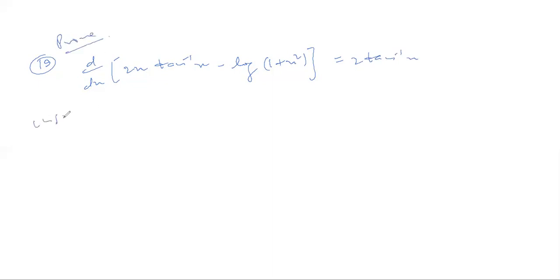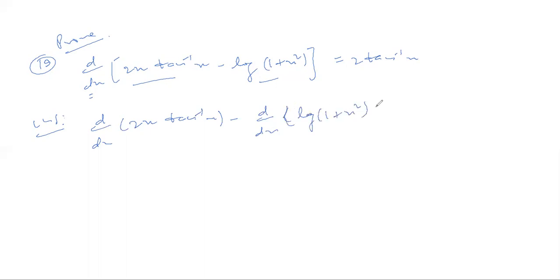So I started from the left hand side. So this is d by dx of this. First of all, this d by dx will be distributed to both of them. So we'll write it as d by dx of 2x into tan inverse x minus d by dx of log 1 plus x square. So take 2 outside and we'll differentiate this part. This is written as a multiplication of two functions. It will be done as the formula of u into v, okay, product.